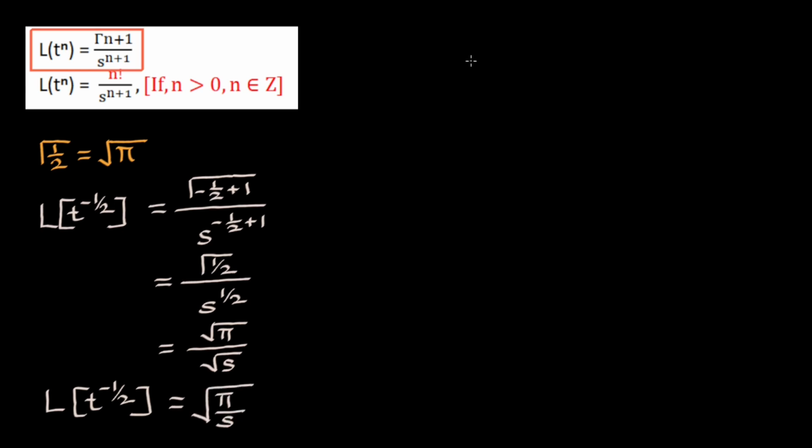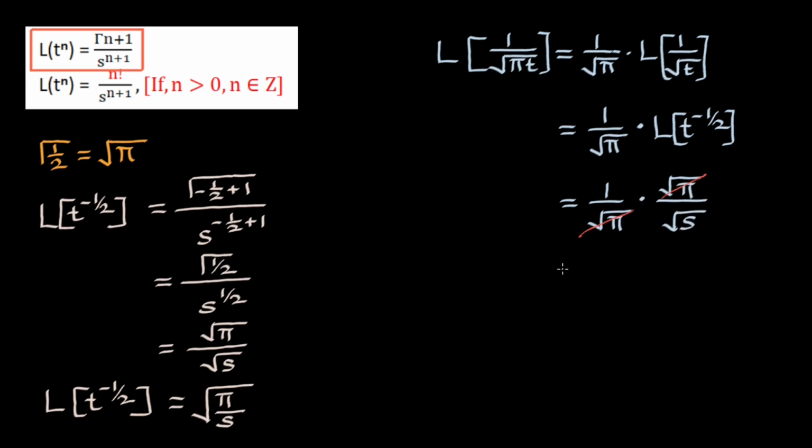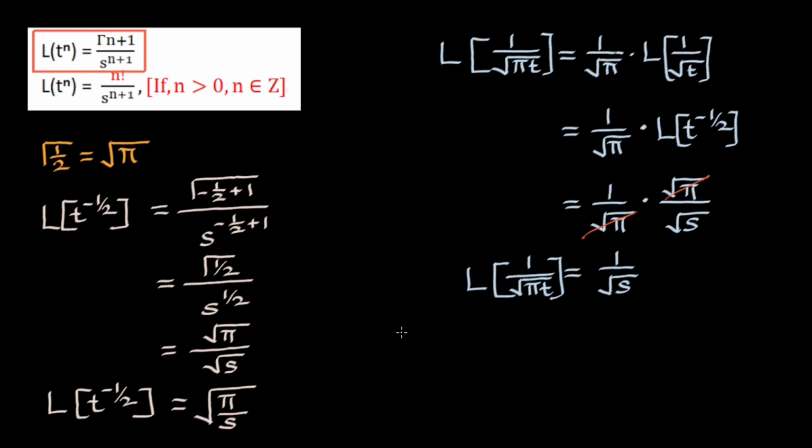So Laplace transform of t raised to minus half is square root of pi upon s. Let us find one more Laplace transform: Laplace transform of 1 upon square root of pi t. This will be 1 upon square root of pi, being a constant, into Laplace transform of 1 upon square root of t, which is Laplace transform of t raised to minus half, which will be into root pi upon root s. Cancelling root pi, we get 1 upon root s. So Laplace transform of 1 upon root pi t is 1 upon root s,